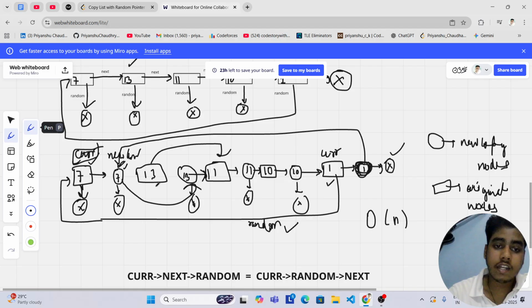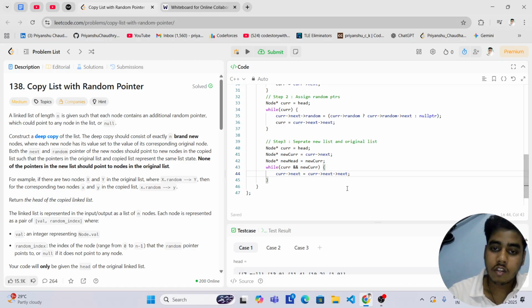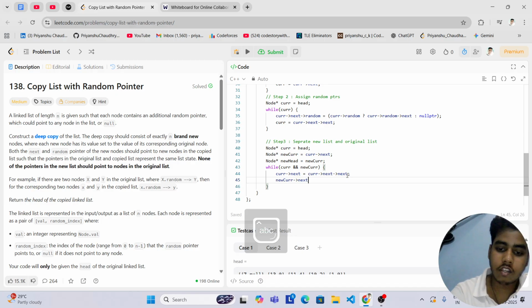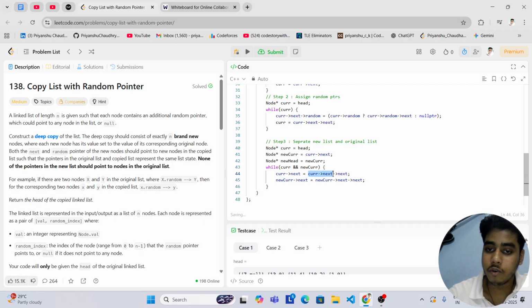Current's next will be pointing to current's next to next. Similarly, new current's next will be pointing to new current's next to next. But if current's next is a null pointer, then